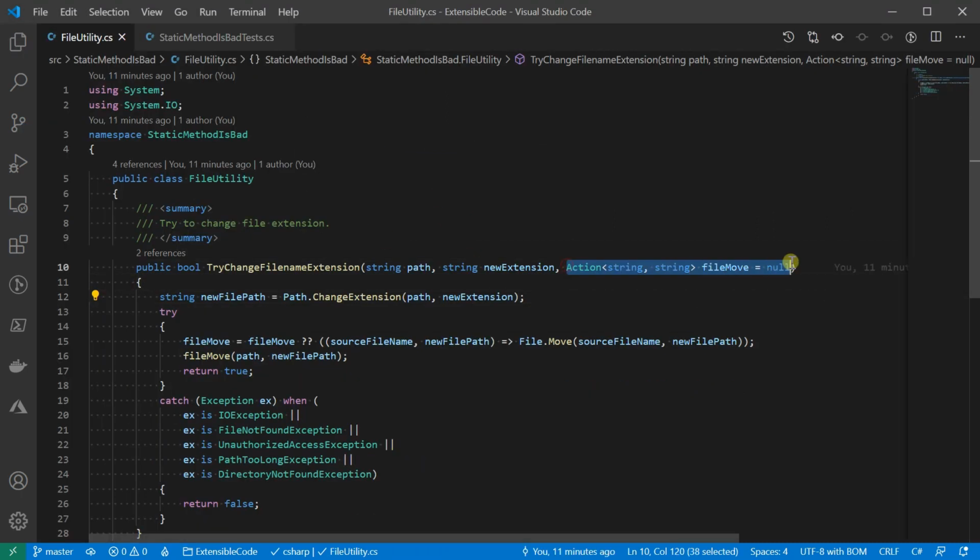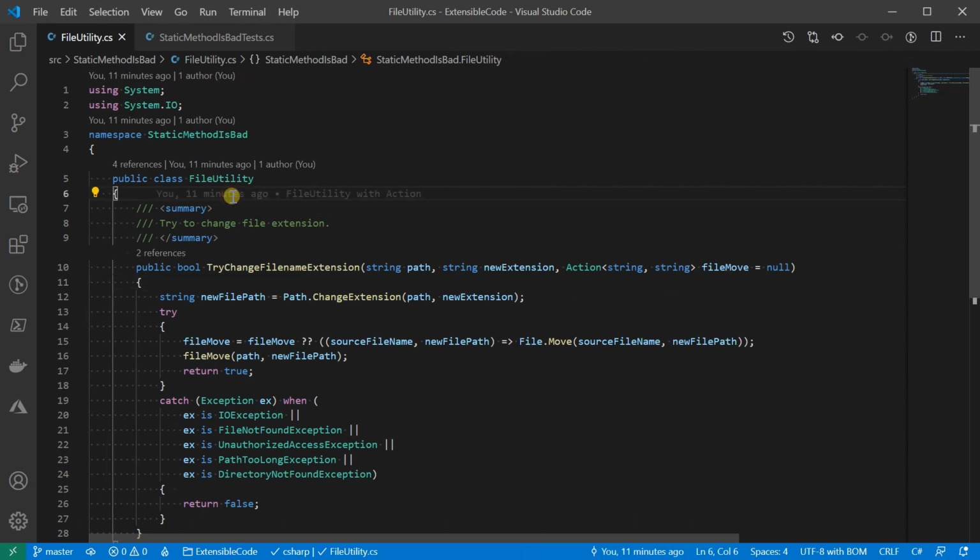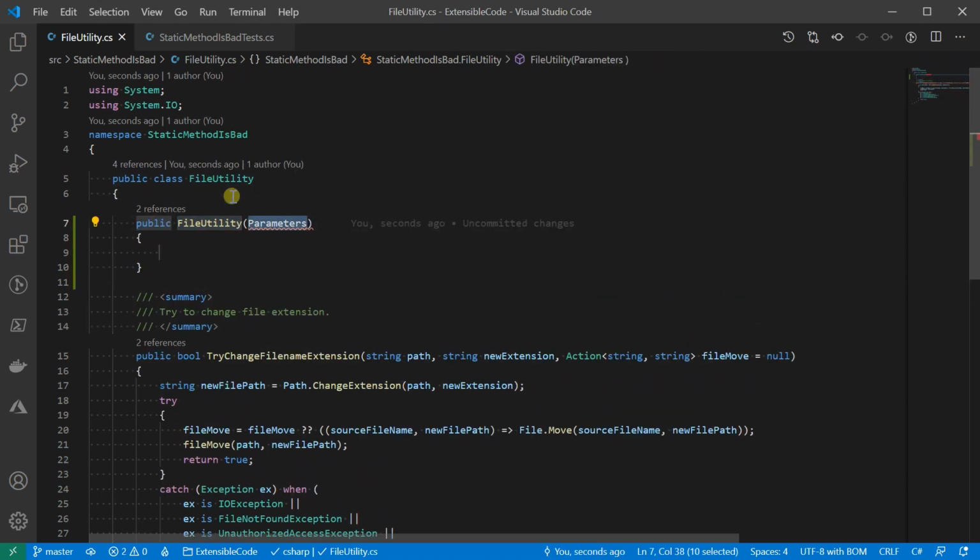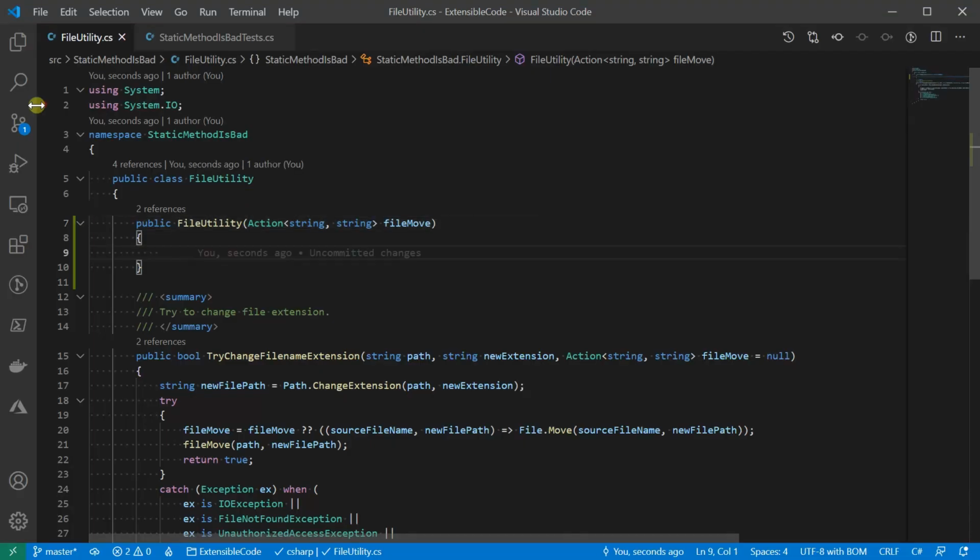As you can see, this is a quick, dirty way to make it testable. Basically, what we did was we created an action, which is a delegate, to wrap up the static method. When the same method is used multiple times in the same class, you might want to pull it up to the constructor. Now you realize, oh, this is probably not that good for dependency injection.